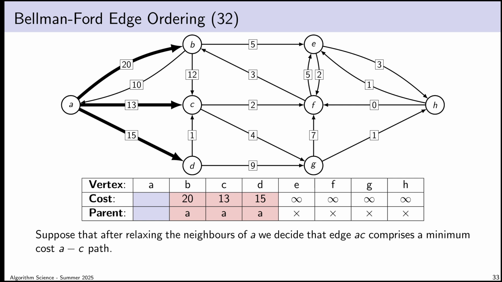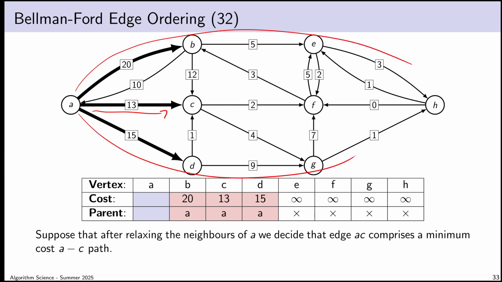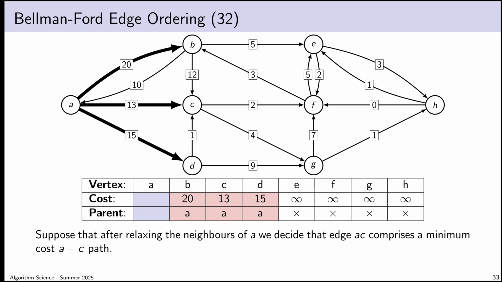Well, I could take a path that doesn't involve this edge. I could go through vertex B or I could go through vertex D, but to me it looks like that's not going to give me a lower cost path, because going through vertex B would cost at least 20, 20 plus something else. And it seems like 13 is always going to beat that number. Similarly, traveling through vertex D would cost at least 15 plus something else. So it seems to me as if 13 will always beat that number as well.